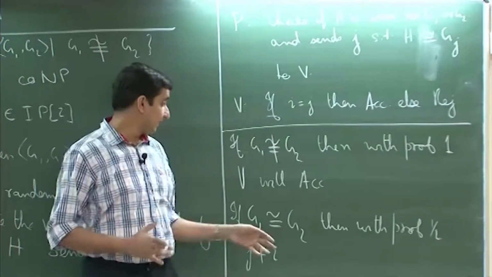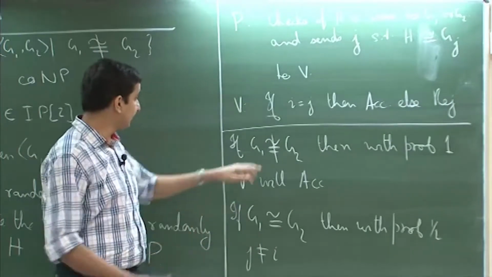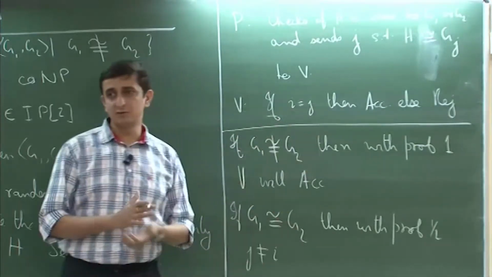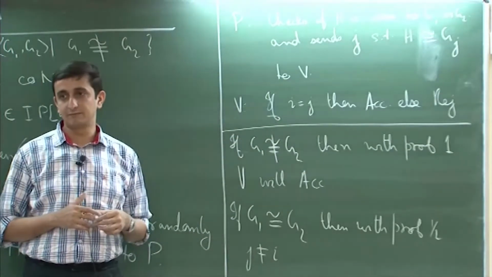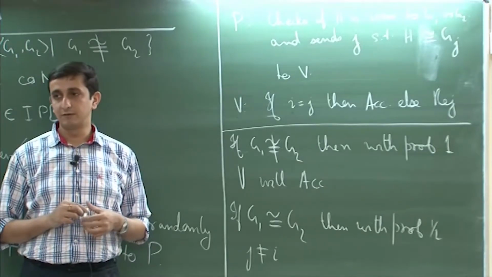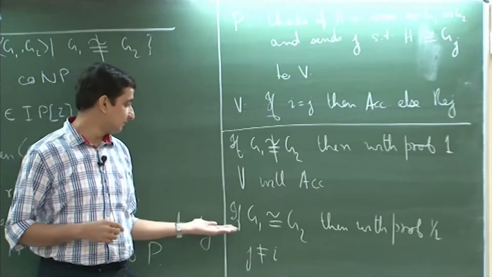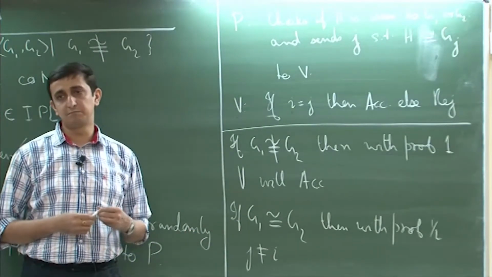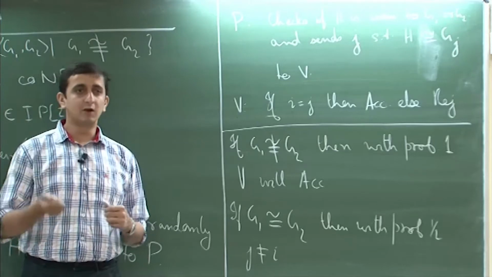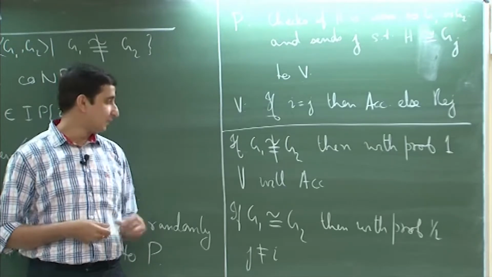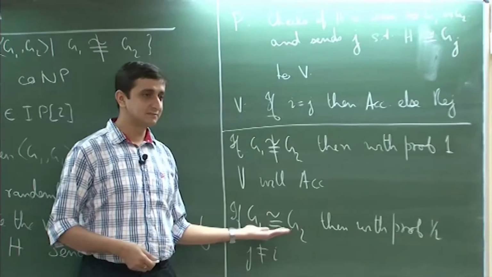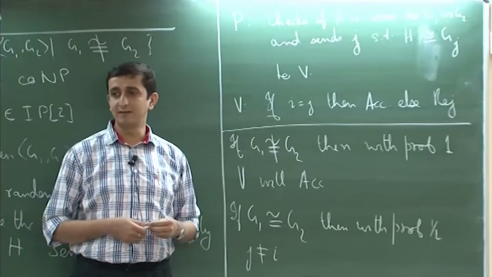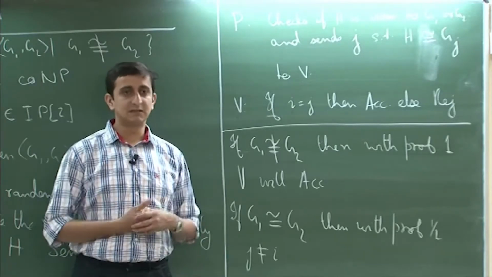Okay. So, if in even one of the cases the verifier gets that I is not equal to J, then he knows that the graphs have to be isomorphic because the prover has been fooled. Okay. So, let us say he takes t trials. The probability that in none of the t trials the prover will be fooled is 1 over 2 to the power t. So, the probability that in at least one of the t trials the verifier gets the correct answer is 1 minus 1 over 2 to the power t. So, that is sufficiently high probability.